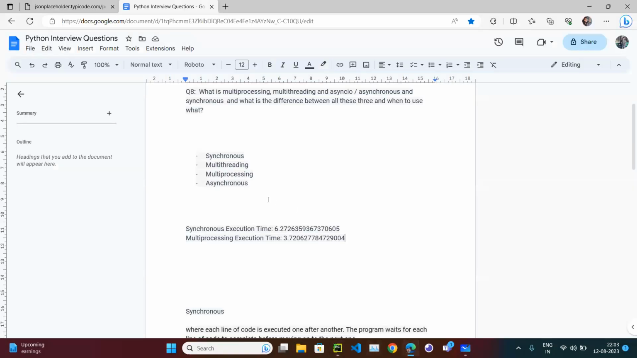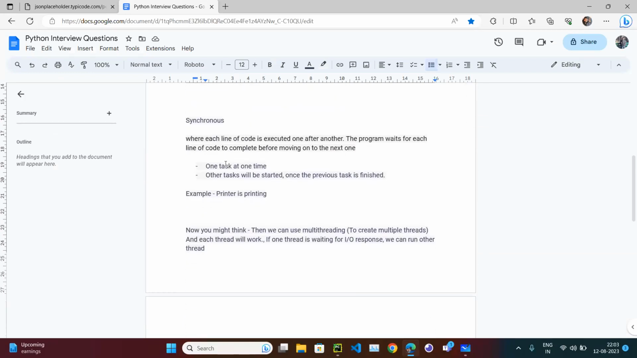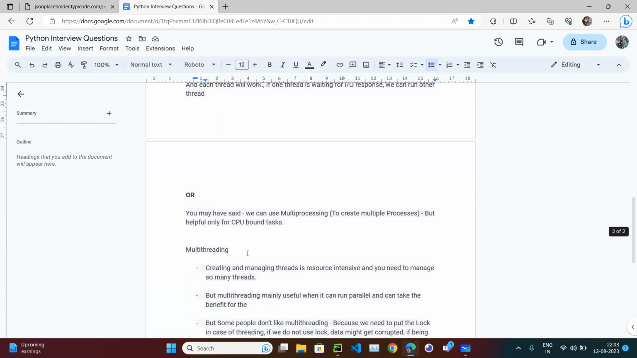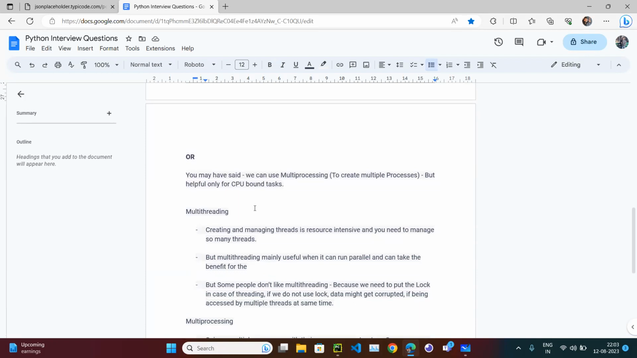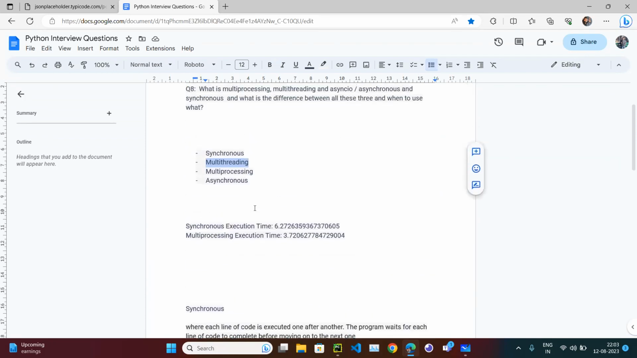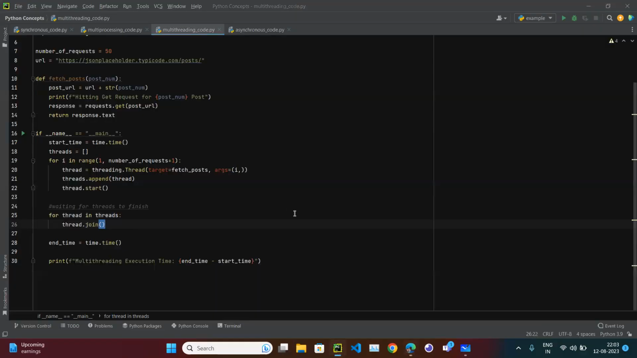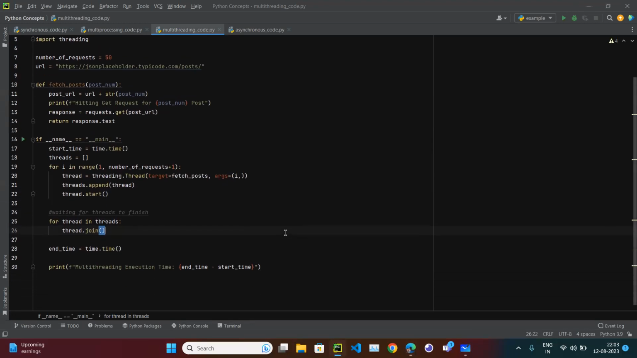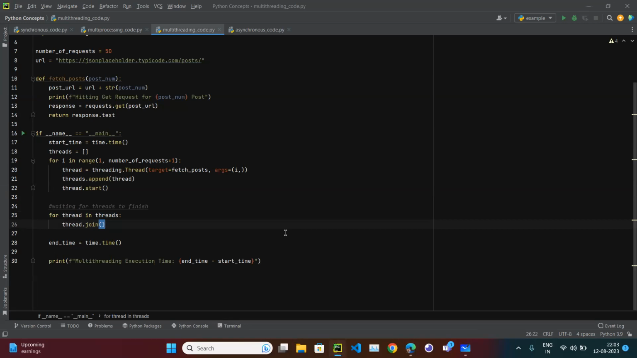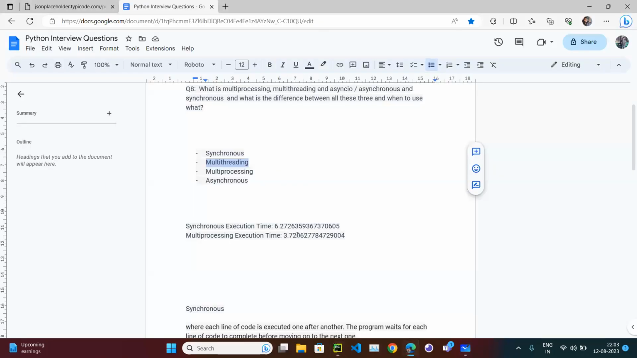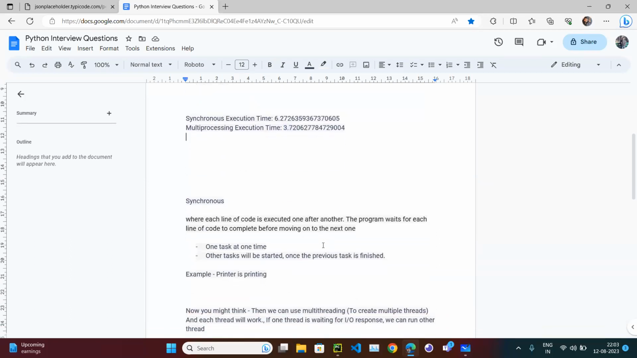So now we understand multi-threading as well. Multi-threading is creating and managing threads. What is the advantage and what is the disadvantage? The advantage is definitely that you could see the time is less, and we created so many threads. But some people don't like multi-threading. Why? Because we have to create an unnecessary lot of threads. Even though it decreases our execution time,